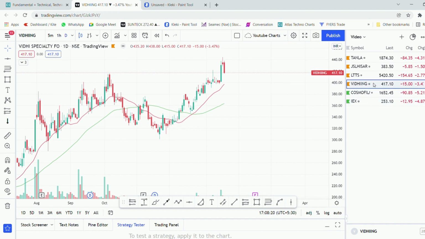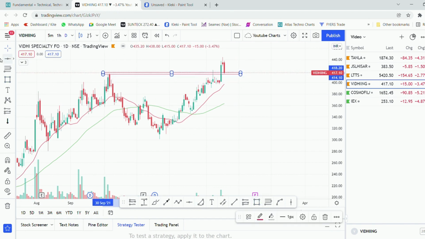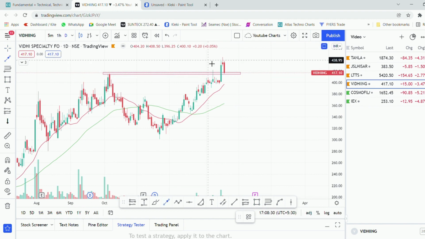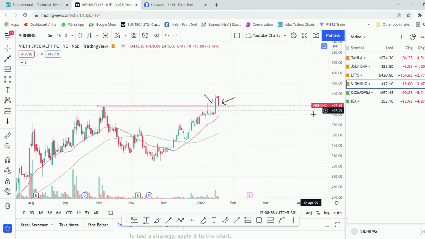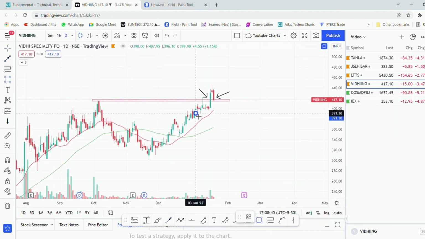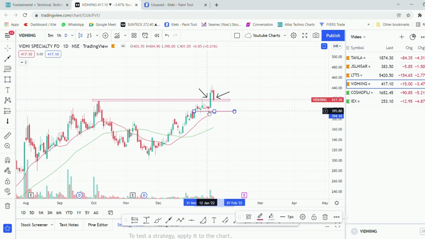In case of Vidhi Speciality, as we can see that the stock has broken out of a 52-week area, then one can draw the resistance area. We can see that the stock has broken out on good volumes in this, and also on the verge of retesting this particular area. One can enter into this stock while keeping the stop loss below this area, as this